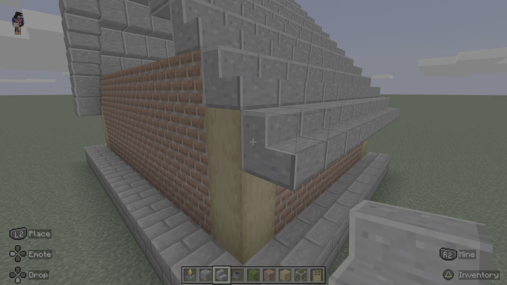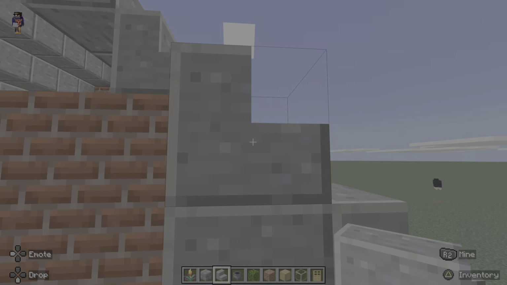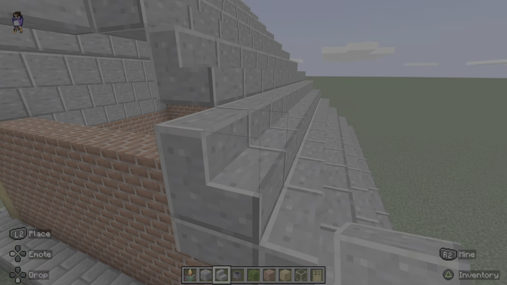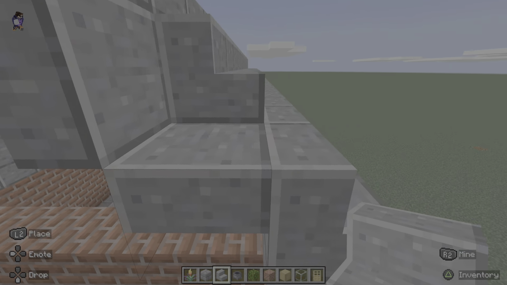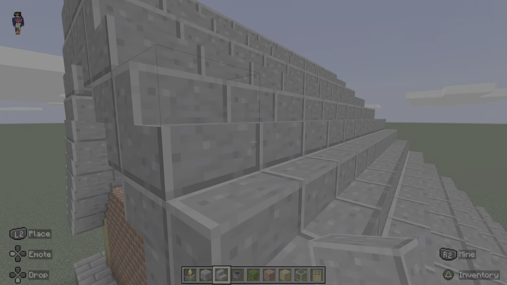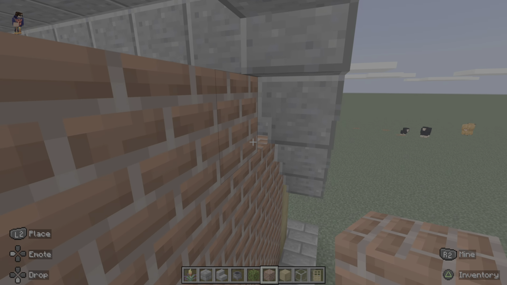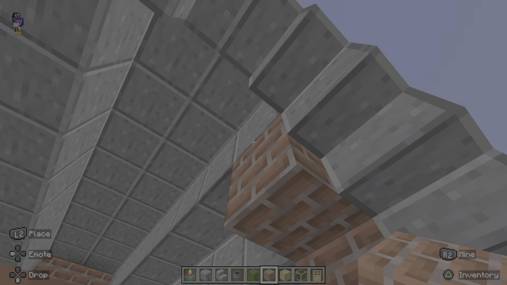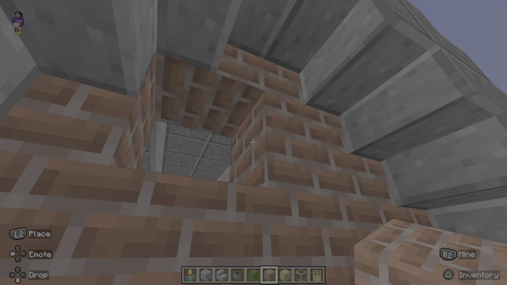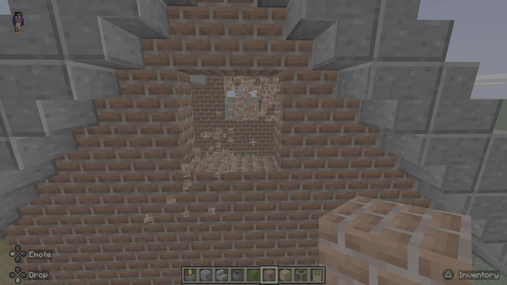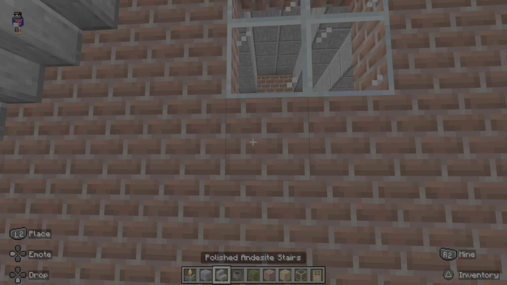Now, start the same like that, and you just keep on going up and up. If you want to follow the same pattern you did on the other window, just fill this in. And I like to fill in the corners, so sometimes you don't get those little bits, and then you can break this bit and then place some glass. And just like I said,